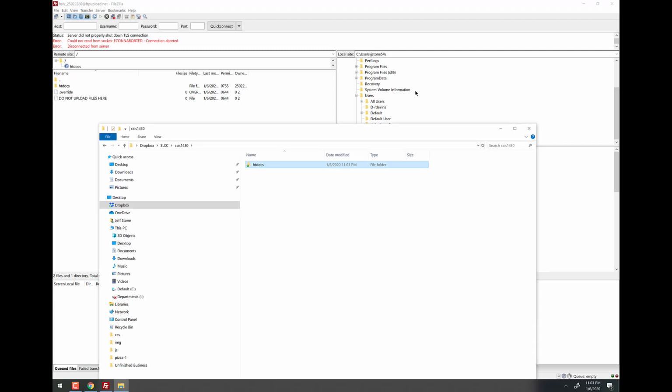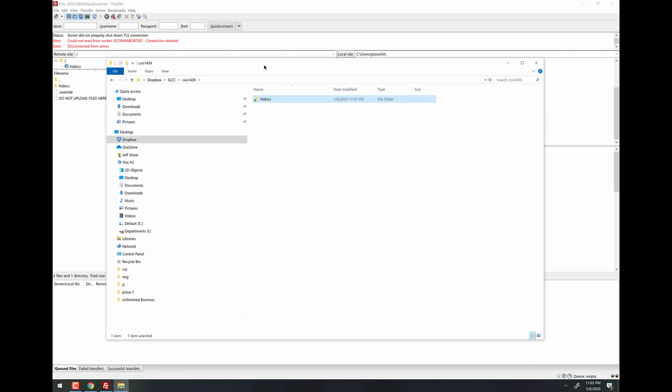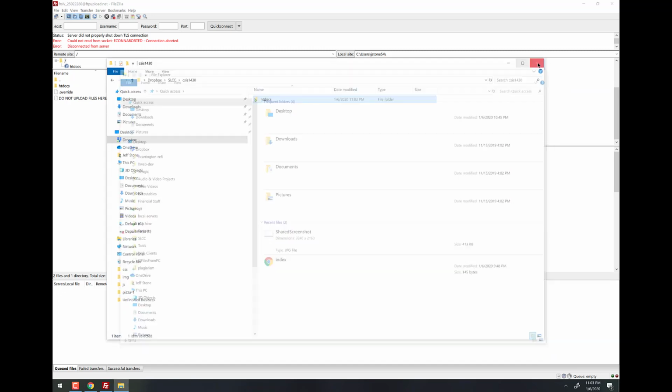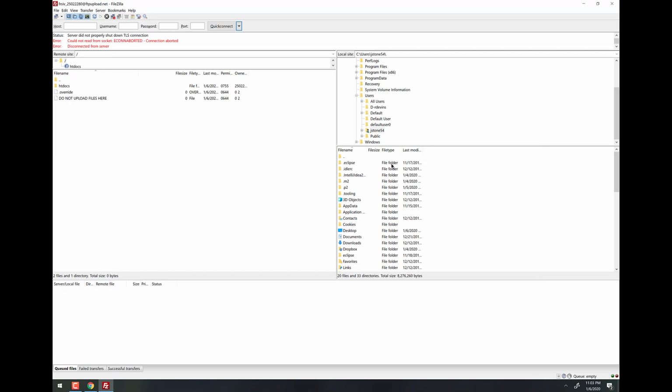All this is just here in Windows Explorer, right? To get to that, if you're on a Windows machine, you hit the Windows key and the letter E, and it opens up Windows Explorer. I just went and found my 1430 folder. Now, the goal, and the way your site will be for the rest of the semester, is whatever is in your htdocs on your local machine, exactly that, identical file to file, folder to folder, every little thing, will be identical to what's on your htdocs on your server, right?